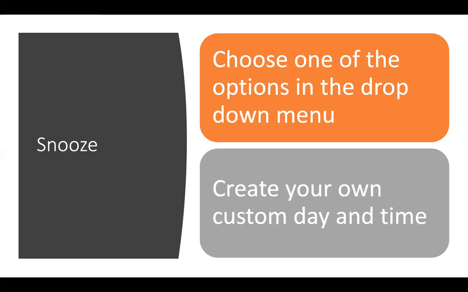So you can say, oh, I get an email at 10 o'clock in the morning. I really need to take some time to talk to a couple people. I need to think about it. I'm probably not going to have time to really address it until 3 o'clock. So you can snooze it until 3 o'clock. It's going to pop back up then and be a new email. And that way you know that you're not going to forget it, but you also get it out of your inbox. I like to know when I see a Xero inbox that I've dealt with every email. And sometimes dealing with an email just means that I defer when I'm going to deal with it.